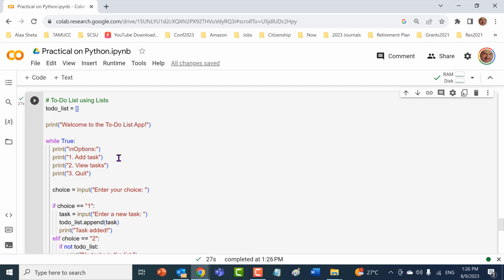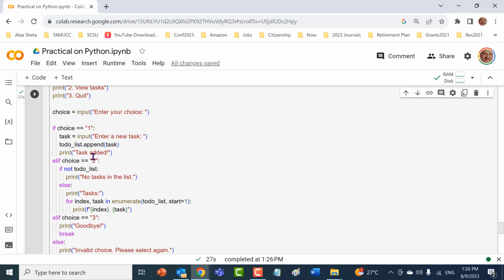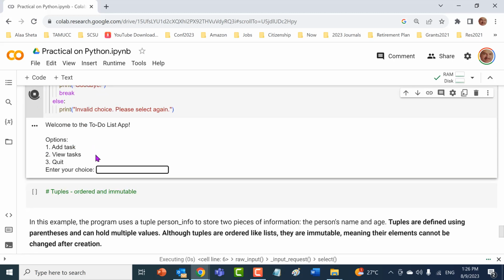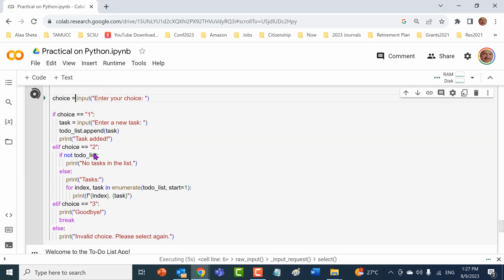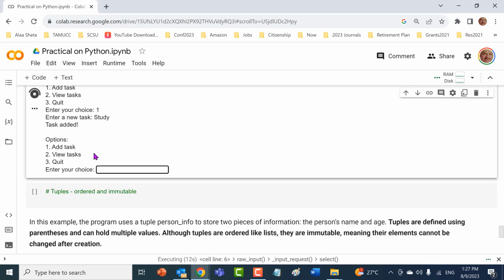Alright, so if I look at this to-do list and I would like to execute this code, I will start doing the following. When I run this, now it asks me the question, add a task, for example. If I say add, let's say I'm going to say study, okay, like this. So it gives me that the task is added. Then if I would like to add another task like play, I have to say 2 first, and then say play